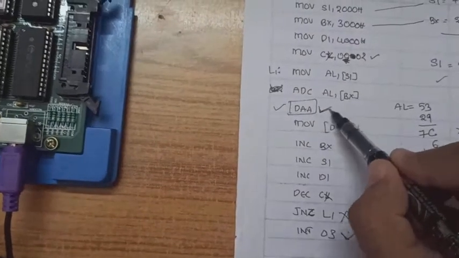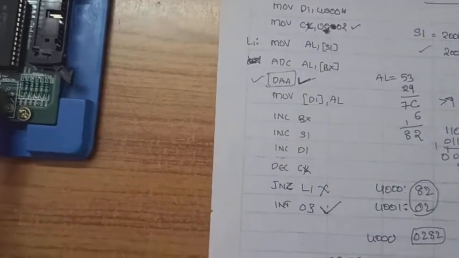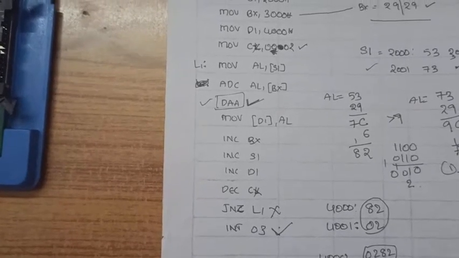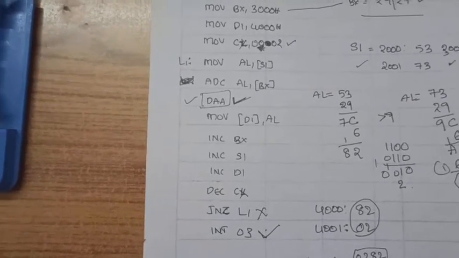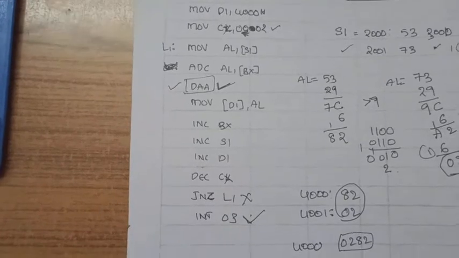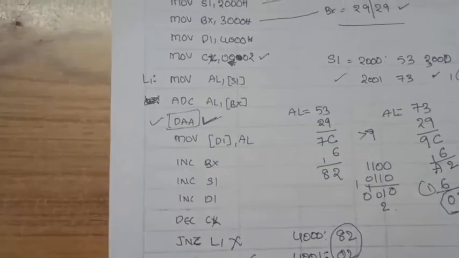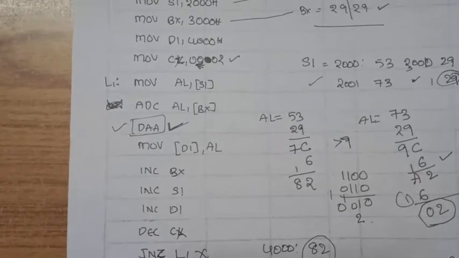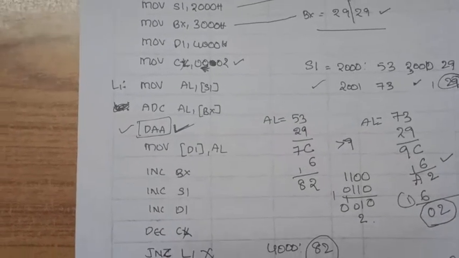So one thing to be understood in this program is this particular instruction called DAA. It adjusts the nibbles of the output so that the output digit is in the range of BCD numbers. How does it do this? It just adds a 6 to the digit whichever exceeds the BCD range.